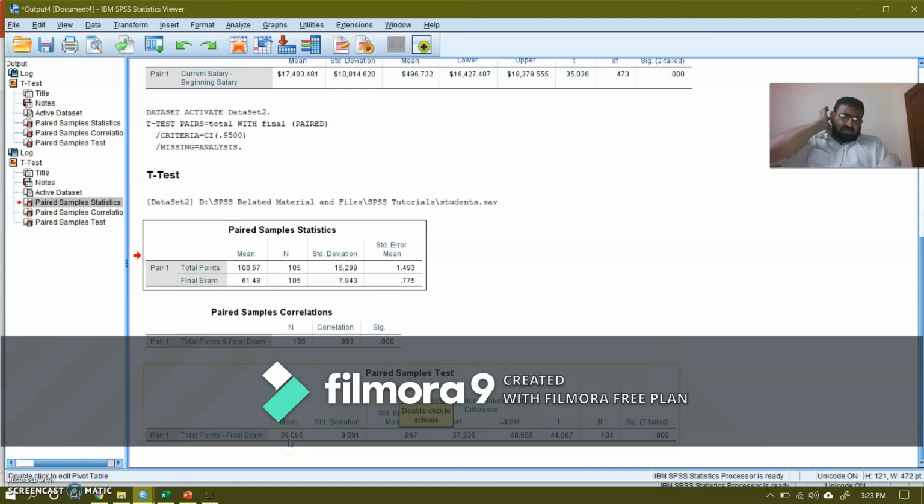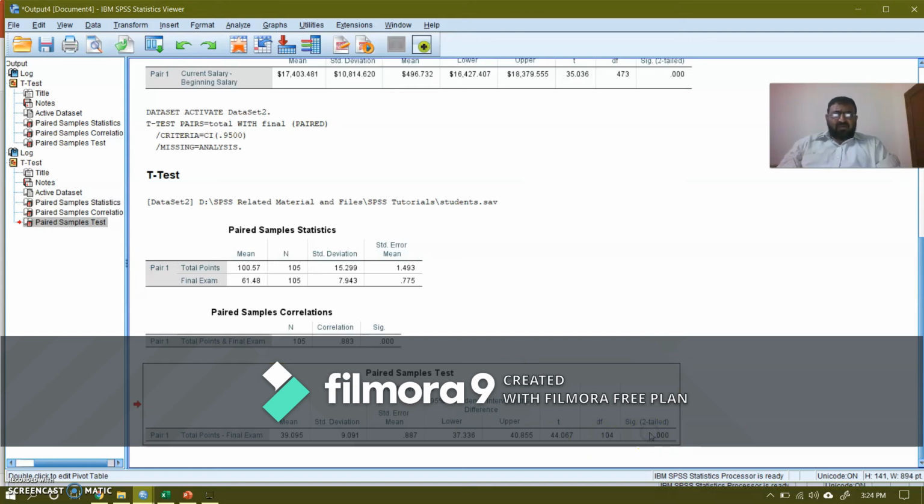Now the difference between the two means is 39.095, and the difference between the standard deviations of the total points and final exam is 9.091, and this is the difference between the two standard errors of mean. These are the lower and upper confidence interval for the difference of mean. This is the T statistic, which is equal to 45.067, and these are the degrees of freedom.